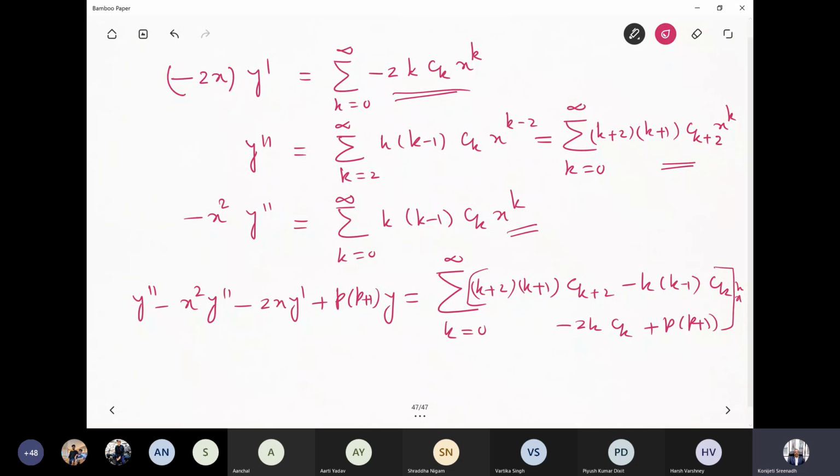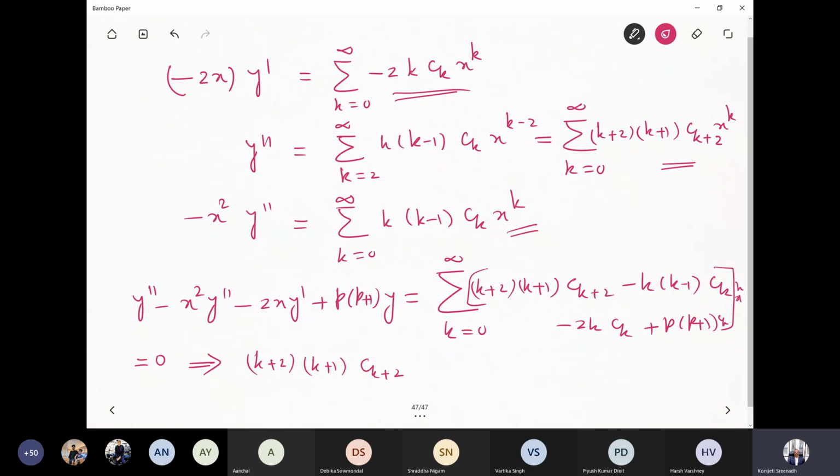Okay. So in the third line there is a minus. Summation k equals 0 to infinity of minus k(k-1), minus 2k c_k, plus p(p+1) c_k. So this equals 0 implies the following relation, that is (k+2)(k+1)c_{k+2}